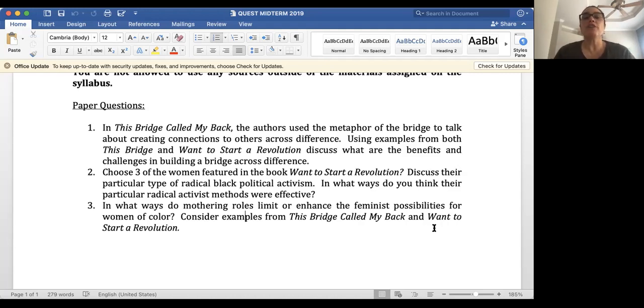Okay, so hopefully that helps in clarifying what each of the questions are, what pieces to make sure to cover in each question, and what strategies to take with each question, okay?